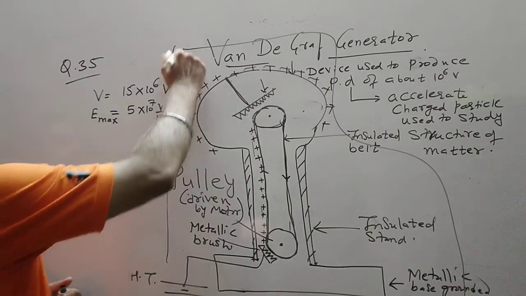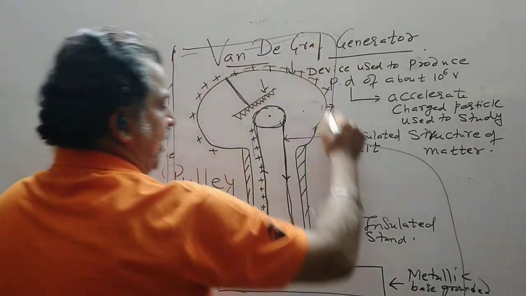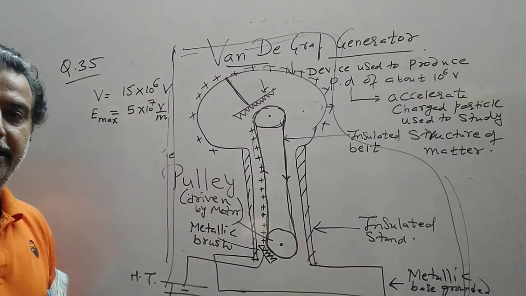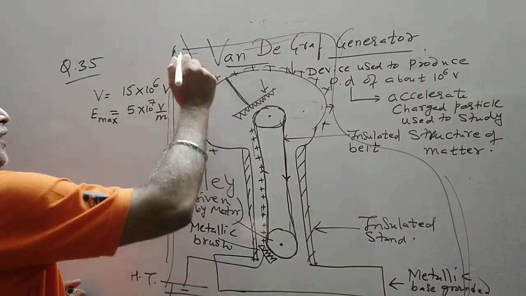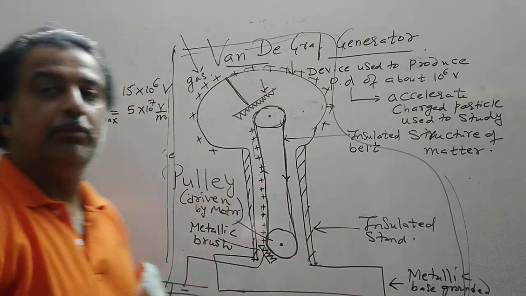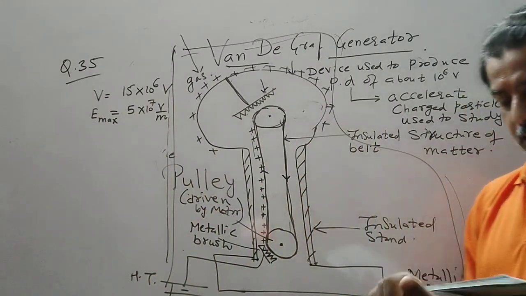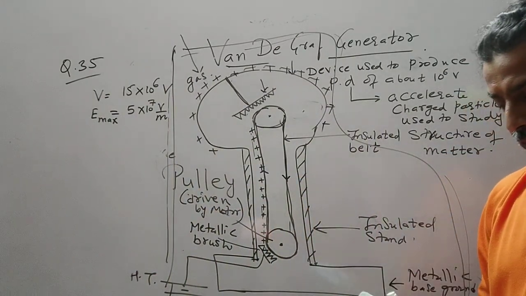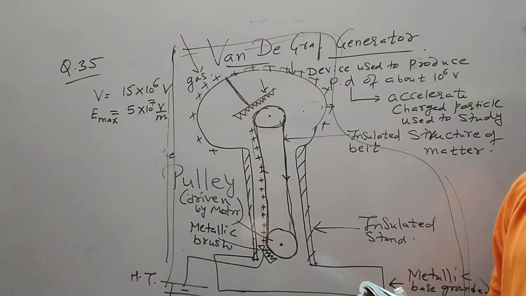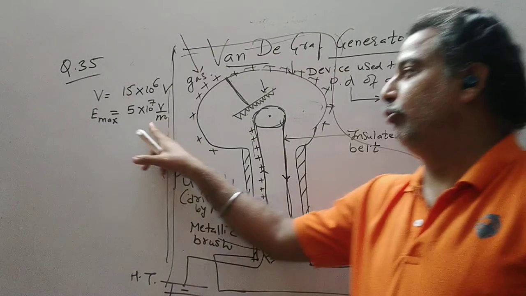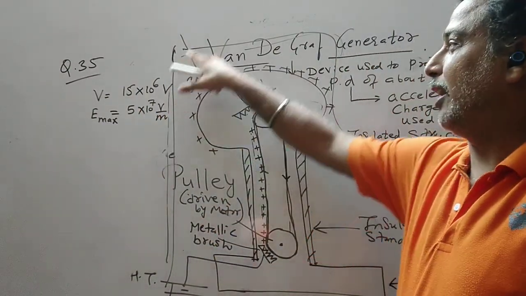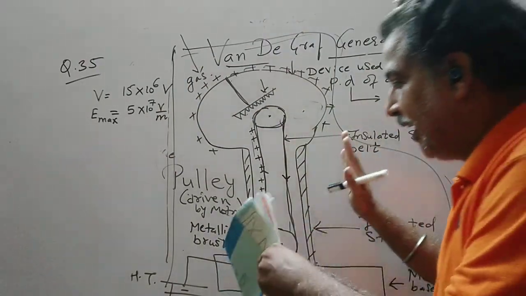So this entire Van de Graaff generator is placed inside an insulated medium, or you can say it is placed inside a conductor having some gas which is insulated, but the dielectric strength of the gas surrounding the electrode is 5 into 10 raised to 7 volt per meter. So if I exceed this value, the gas surrounding this Van de Graaff generator